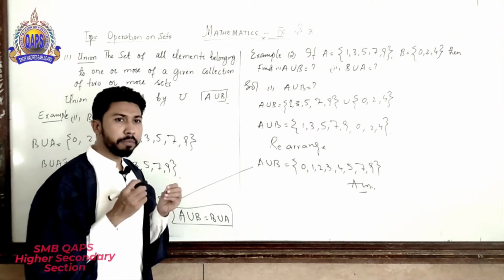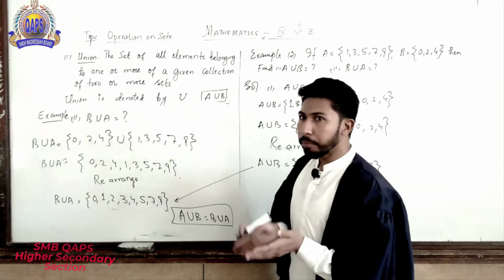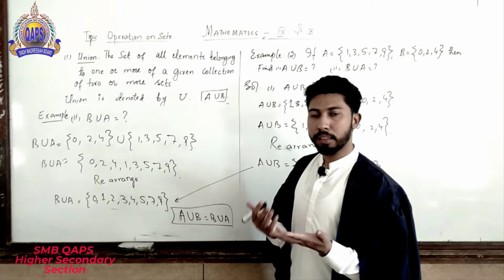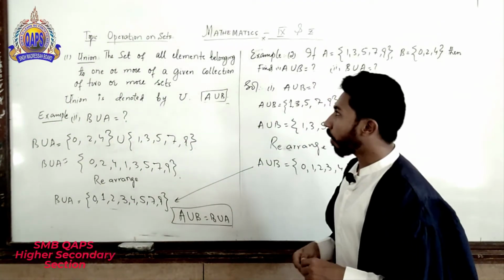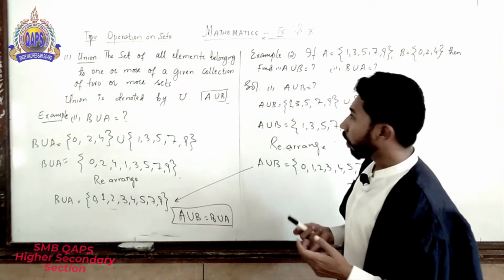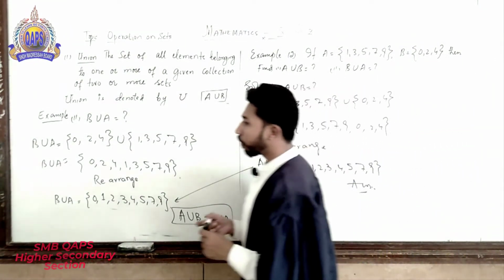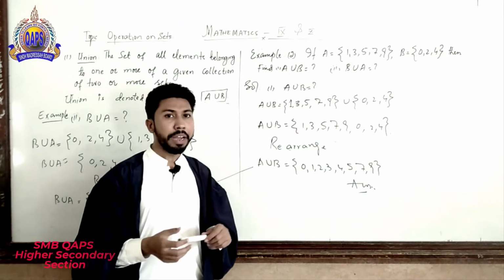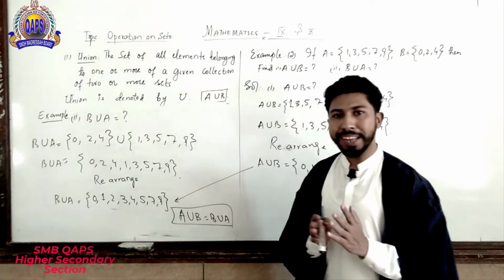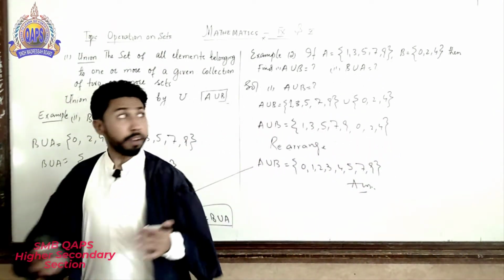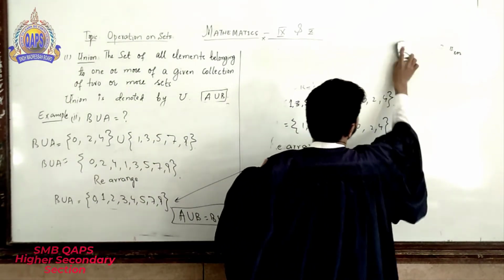The union must combine the elements of the two sets, whether they are similar or not. This form of the union represents the union of two sets, three sets, or more. So now we discuss the next topic, intersection. The common elements of two sets are known as the intersection. The second topic is intersection.